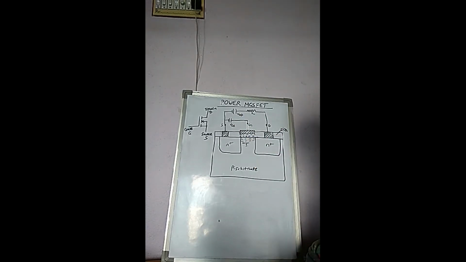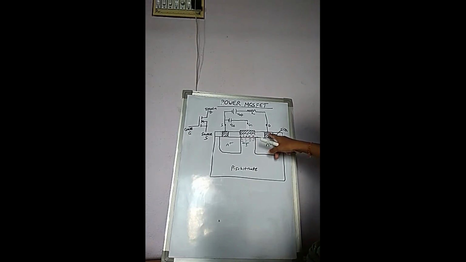Now what happened? This insulating layer is etched, or embedded with metallic terminals. This is a metallic terminal, this is a metallic terminal, this is a metallic terminal. These metallic terminals form the drain terminal, gate terminal, and source terminal. Here the N plus region makes contact with the source and the drain terminal.